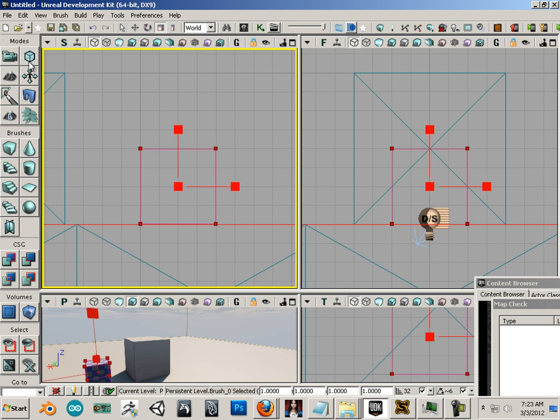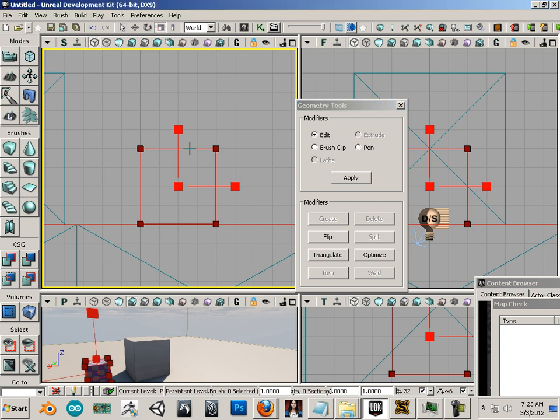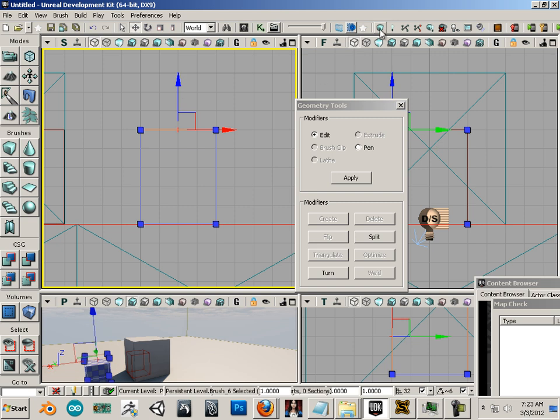Now, let's go into geometry edit mode. Here I can take this and move it up. Let's move it up maybe 1. And you'll see the other box in the background. This is the actual brush, the additive brush that's in there. So in other words, this is just the building brush, and this is the actual geometry, per se. So I can move that up and rebuild,